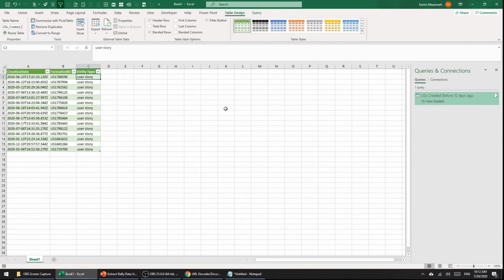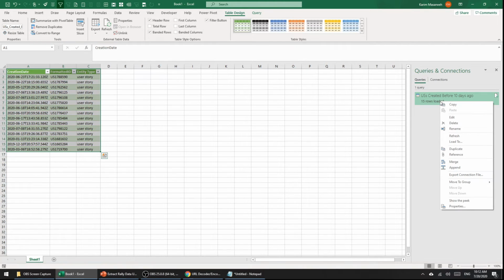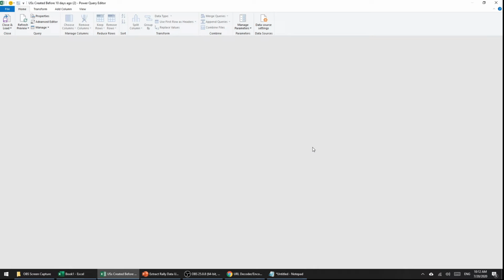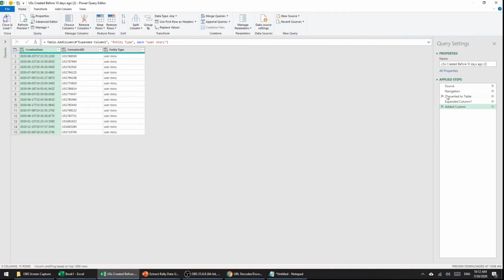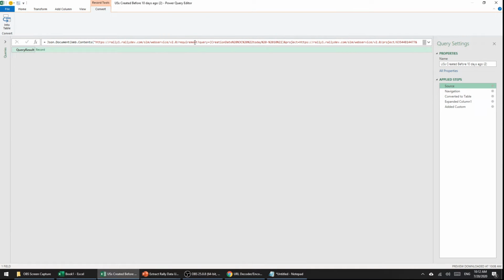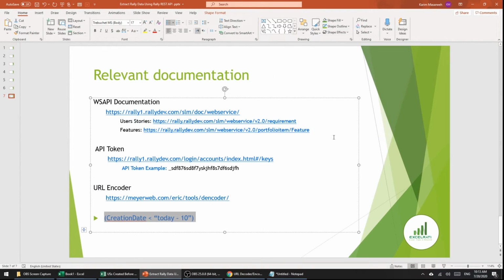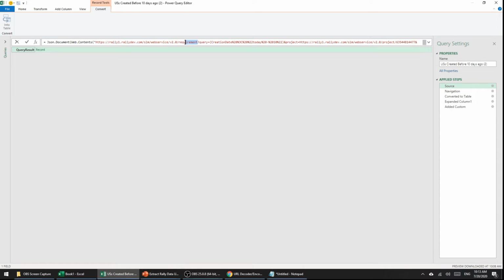Now I can, for example, duplicate this query, and instead of requesting user stories that were created before 10 days ago, I can go to the source and replace it to show, instead of requirement, I can write the portfolio item that you saw earlier, right? Portfolio item feature. Okay, like this. So instead of getting a requirement, I'm getting a portfolio item feature. If I press OK,